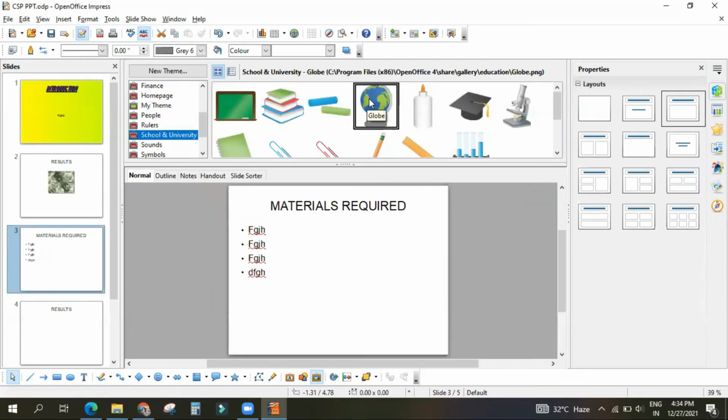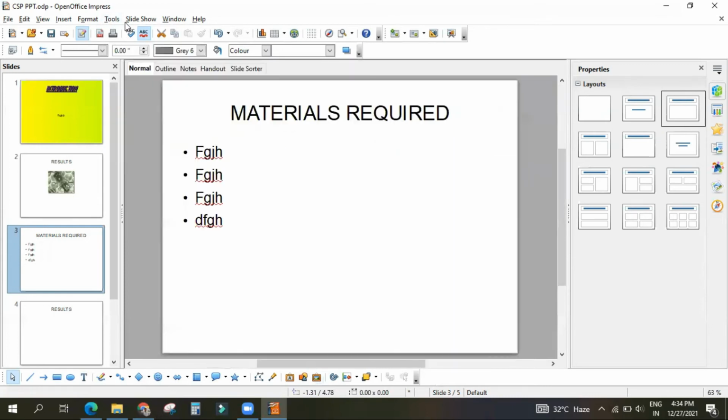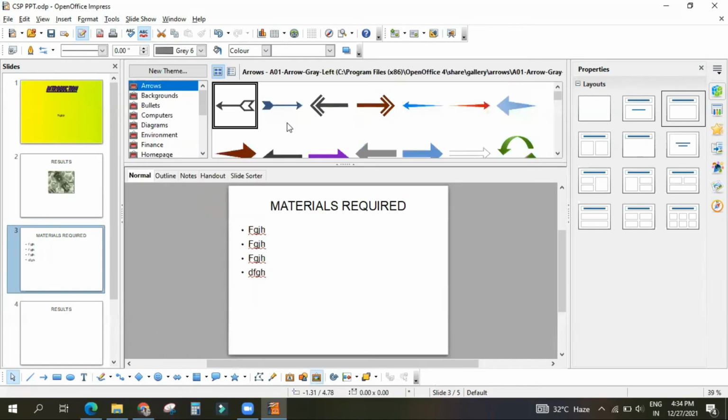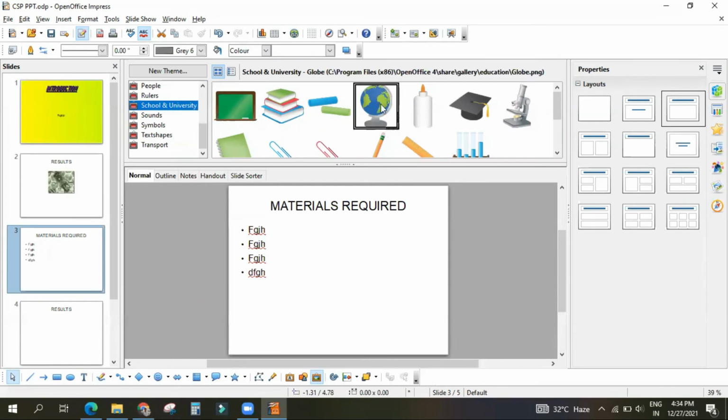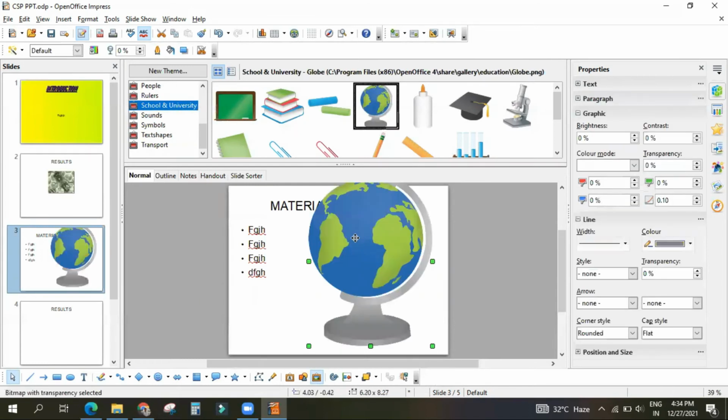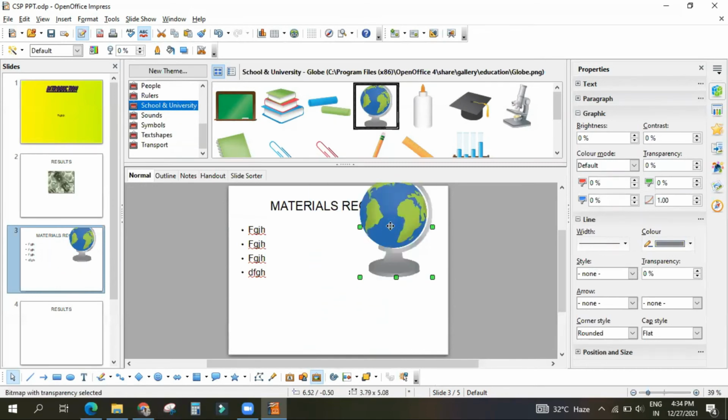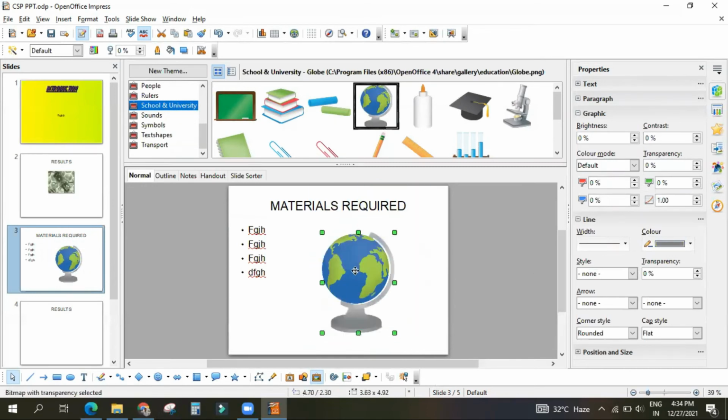Suppose I want to insert this globe, then what to do? Simply go to tools, then gallery, then select some category, then this one, then I can drag it here. It is pasted here. I can increase or decrease the size. Like this I can do.